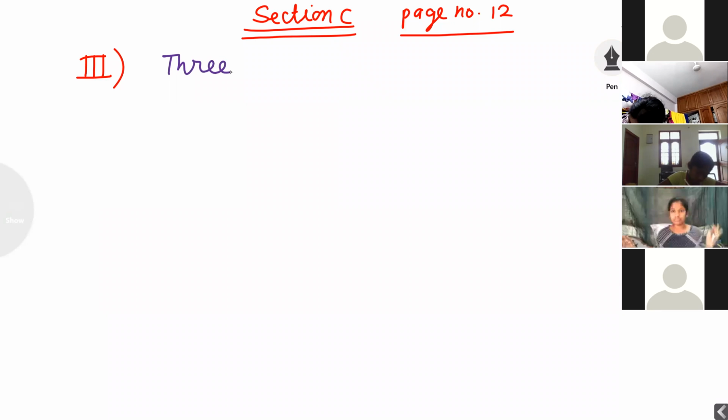In the box he has given across, means horizontally. You want to enter each and every letter with the help of capital letters. T, H, R, E, E. Whatever boxes they have given, you want to enter with capital letters, not small letters. But the answer you will write here in small letters. First completed. Now firstly I am explaining across.